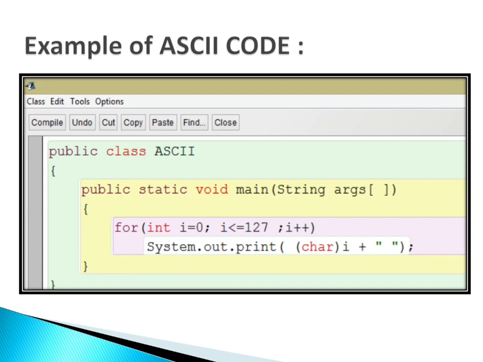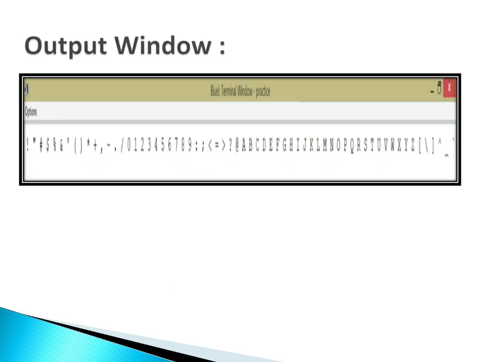It is not possible to show you together. That's why I'm using System.out.print. And see what the output is. In this way, you are getting every character one by one with space.